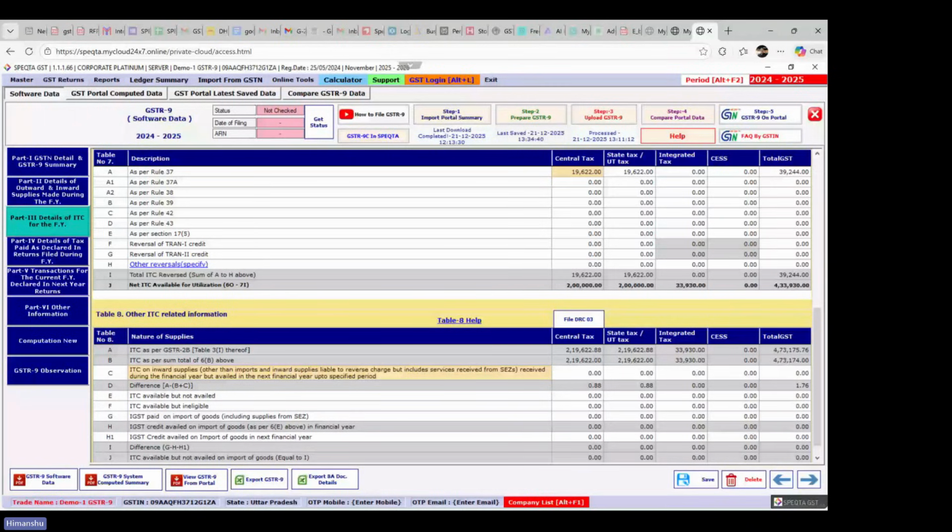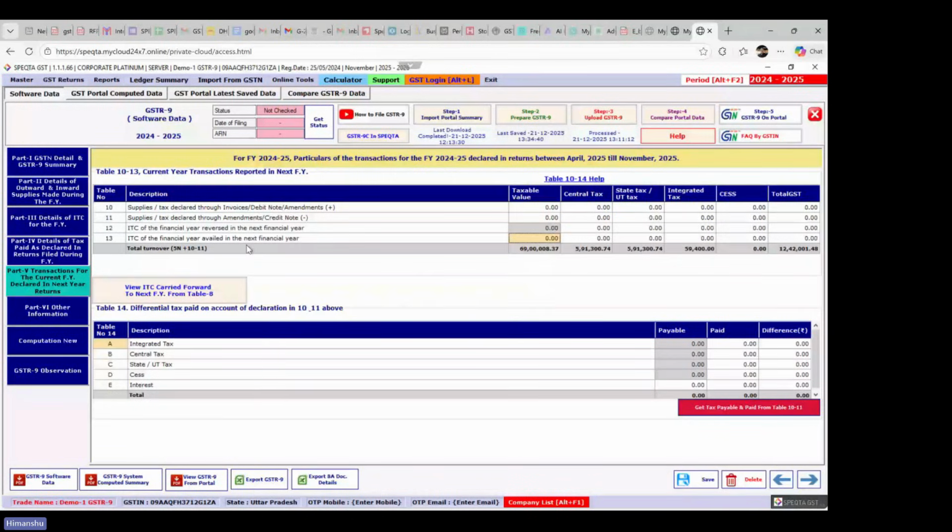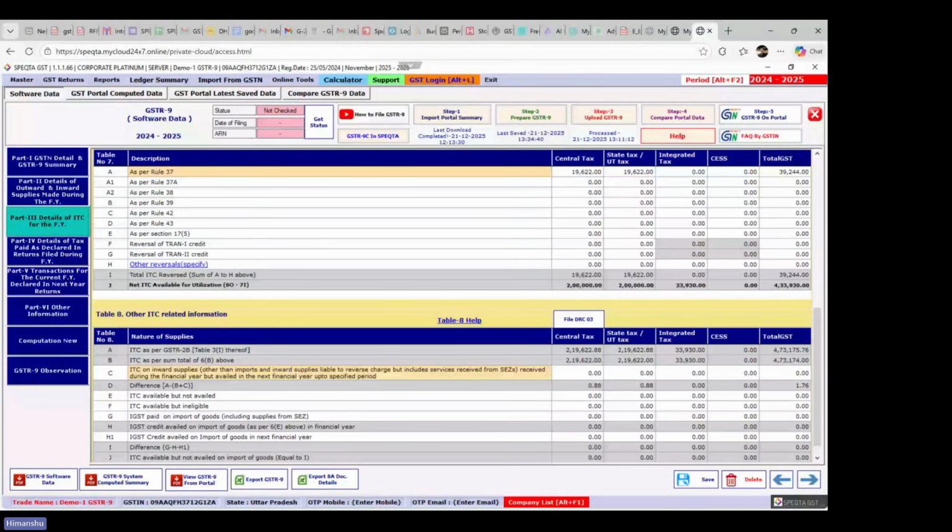तो इसका मतलब ये हुआ कि अगर कोई आईटीसी ऐसी है जिसको कि आप रिक्लेम कर सकते हैं फ्यूचर में और उसके ऊपर कोई समय की बंदिश नहीं है, there is no time boundation, so that is not required to be reported in table 8C as well as table number 13. आपको टेबल 13 में भी वो आईटीसी रिपोर्ट करने की आवश्यकता नहीं है, because the language of table number 13 is ITC of the financial year availed in next financial year. तो गवर्नमेंट ने कहा कि भाई ये जो 37 की आईटीसी हमें केवल अगले साल में ही क्लेम नहीं कर लेनी होती है, हम इसको आगे भी क्लेम कर सकते हैं जब भी पेमेंट करें, तो वो टेबल 13 में भी रिपोर्ट करने की आवश्यकता नहीं होगी।